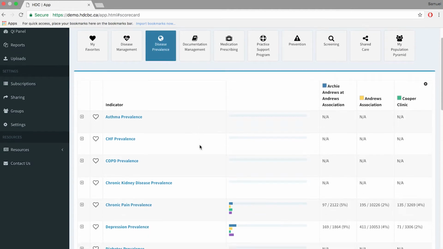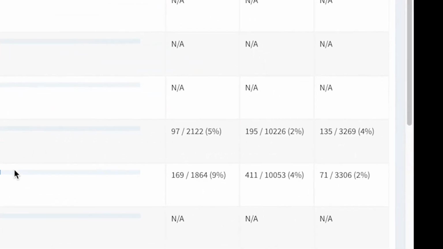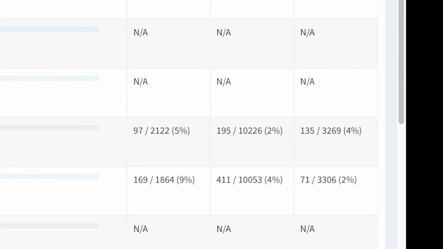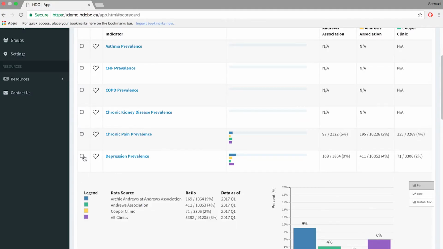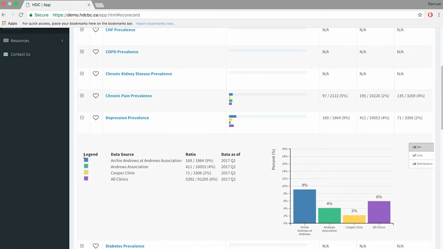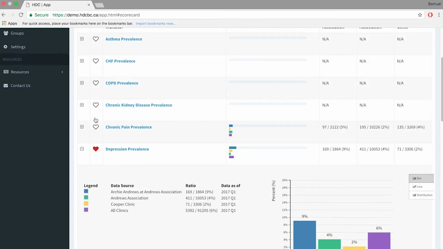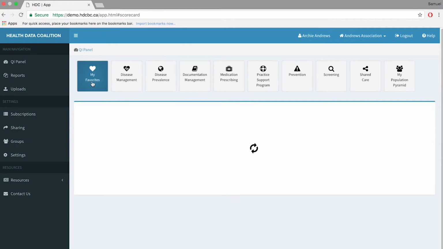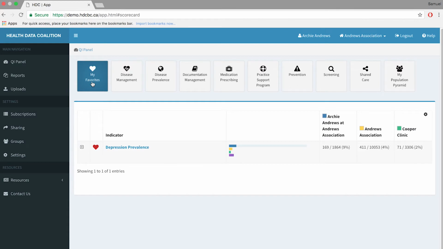The first 3 data sources in the list will appear on the right-hand side column. The rest will appear in the list that displays when you click the plus sign on the far left side of the QI panel, beside the measure name. If you find yourself looking at the same group of measures on a routine basis, click the heart icon next to the measure name on the left side of the QI panel. Use this favorite button to select a list of measures that appears when you first land on the QI panel view, providing quick access to your favorite measures or those that your small group learning or quality improvement initiative